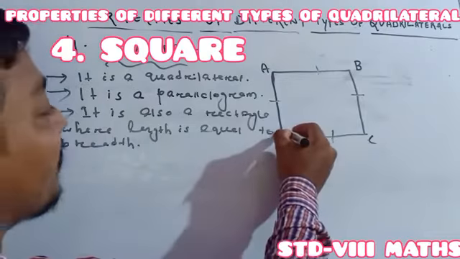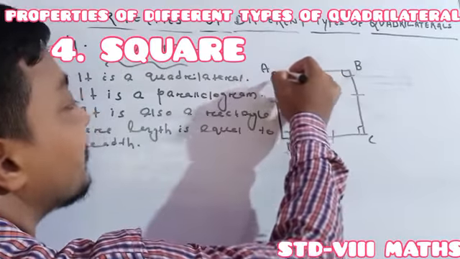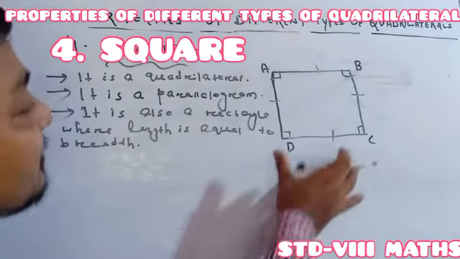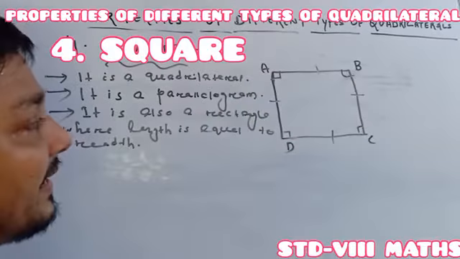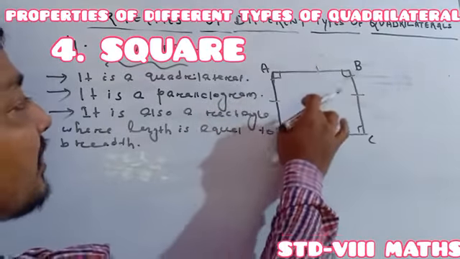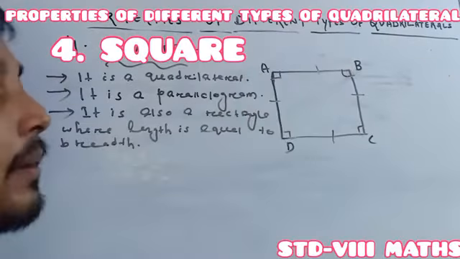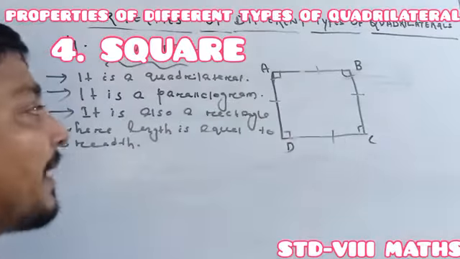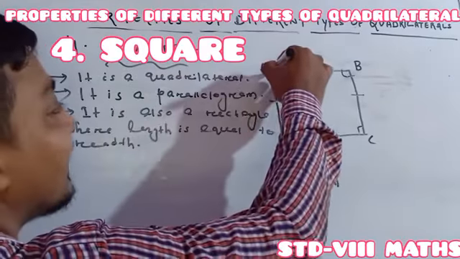See, it means the angles are 90 degree, rectangle 90 degree. Also, as it is a rectangle, it is also all of its angles are 90 degree. It is a parallelogram. Check here the adjacent 180, adjacent 180, adjacent 180, adjacent 180. Also, opposite angles are same. Here it is opposite angles are same. Also, both the pair of opposite sides are parallel. This one parallel. Also, this one also parallel. Understood or not understood?